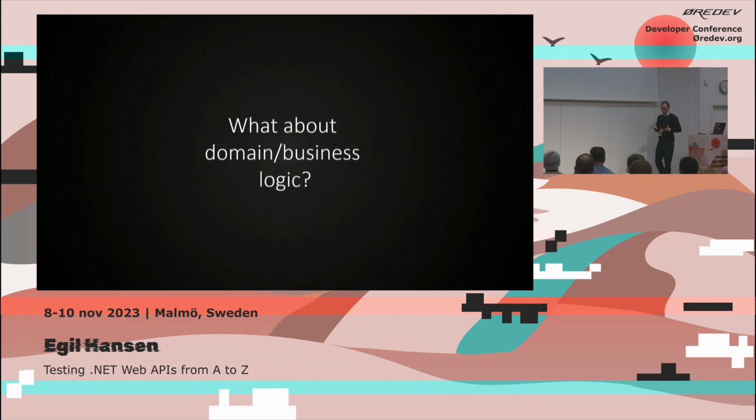Now, what about domain business logic? Should you also be focusing on that when you're testing your API? I think this is a kind of dependency scenario. If you have a simple application, you have some data and you have an API on top of that, and there's not a lot going on, we're just moving data out to the web, then typically there's not a lot of business logic in there. So it's probably not a big problem to just test that little business logic that might be there from the API directly when you're writing those API tests. If you have a more complex setup where you have lots of complex business rules, business environments,